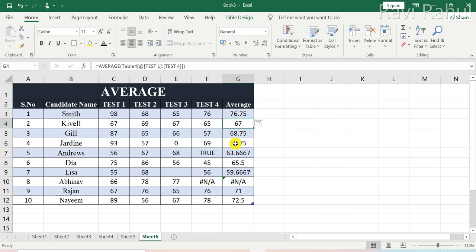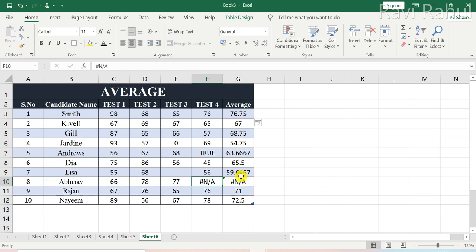Now, as the definition of average told us, if any cell contains 0, that would be counted. But in case they are blank, like you can see here, they would be ignored. Similarly, if you have any cells that contain an error message that cannot be converted to numbers, that would result in an error in your average formula.